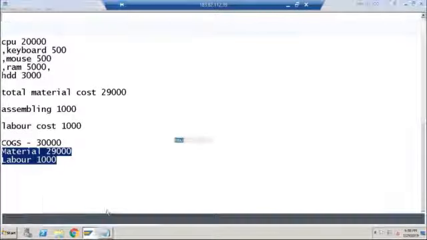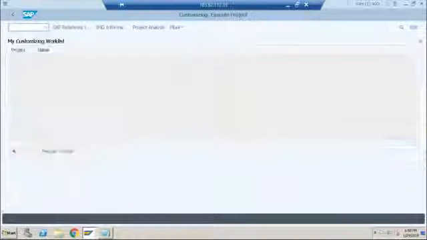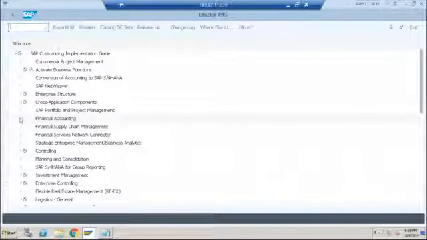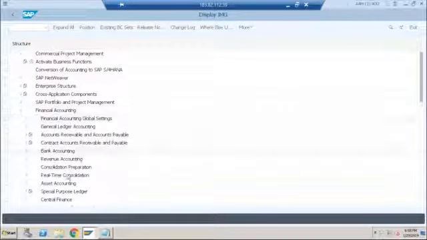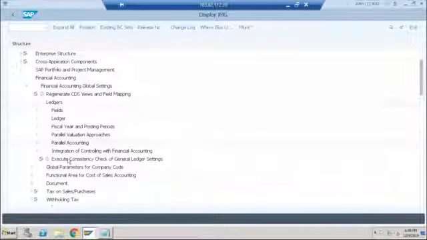If I go to SPRO, the new configuration is available here in SAP Reference, Financial Accounting. You have Financial Accounting Global Settings, Ledgers. No, just one minute.